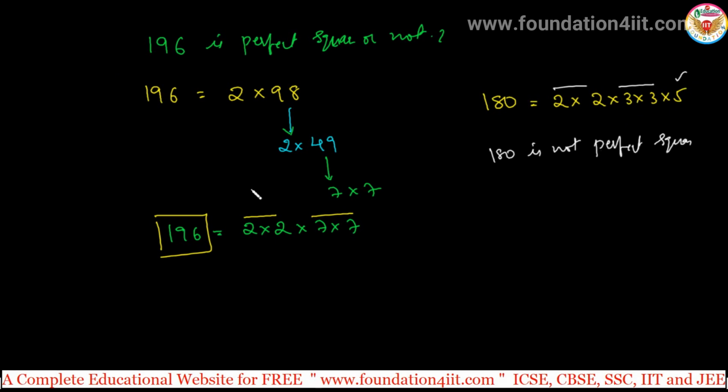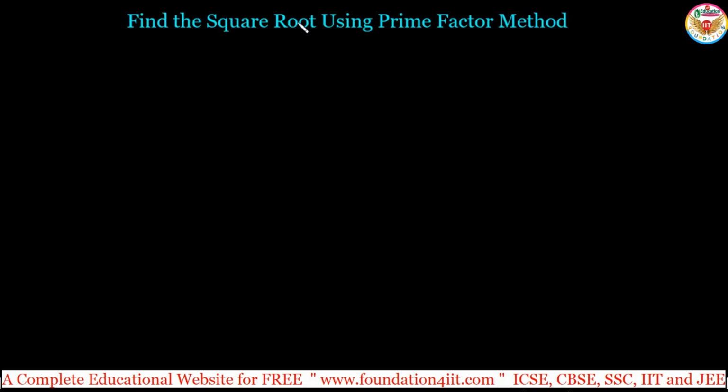Okay, this is the prime factor method we will see, and this is making the practice. For 2-digit and 3-digit numbers we do it very fast because we know the calculations easily. If any big number is given, how do we find the square root of a perfect square using this prime factor method? Let us see now. Finding the square root using the prime factorization method. Let us take one question, then we'll see how we can use this method.